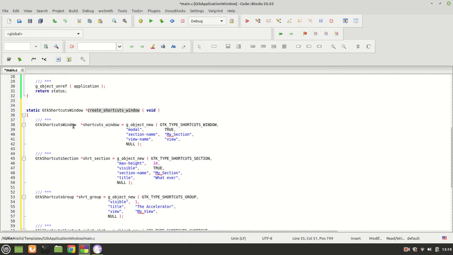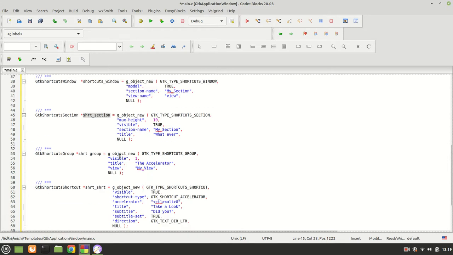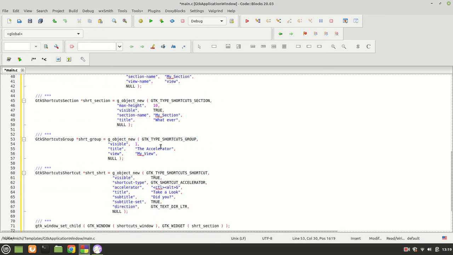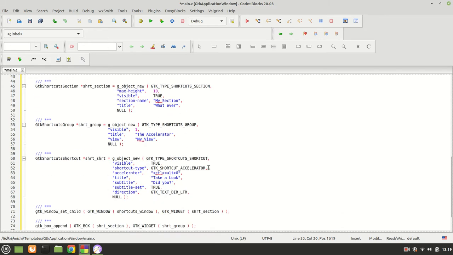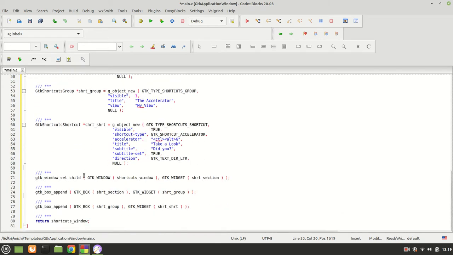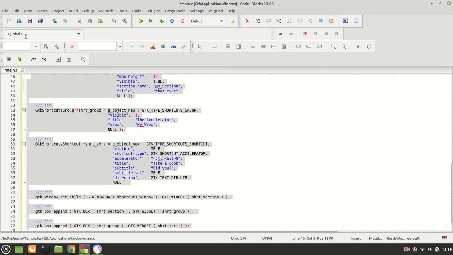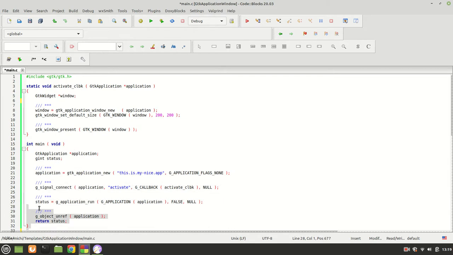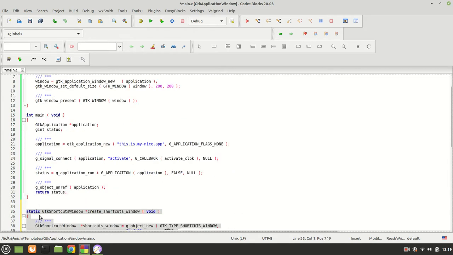Here we have basically declaring a GTK shortcuts window, and we have also shortcut section as well, shortcut group, and the last one, the shortcut. So basically all these four things, they are needed when you want to create that shortcut window. And like I said, I'm not going to talk about this right now. I'm going to copy it and throw it up there